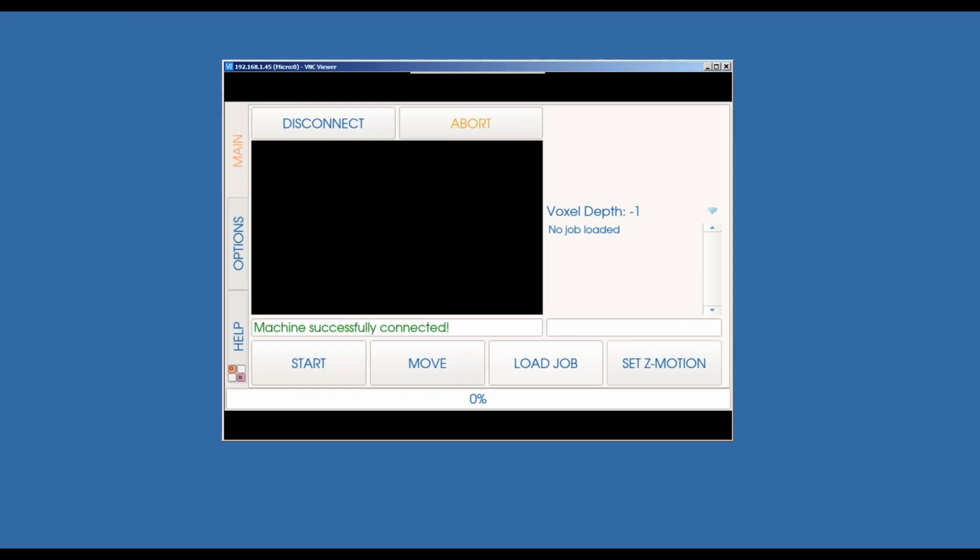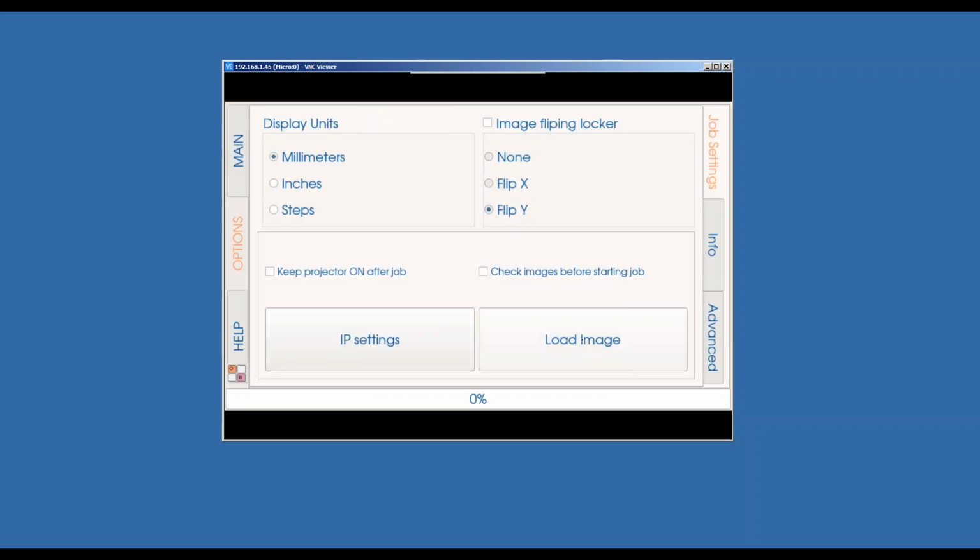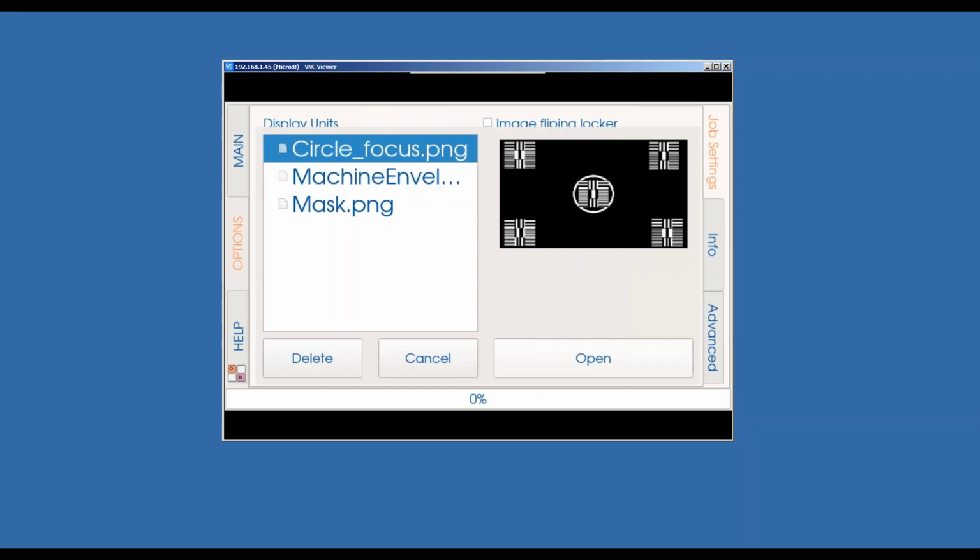All right. So hopefully you can see both my screen and my web camera. If you toggle the bar in the middle, you can make one screen bigger over the other based on your preference. Before I go into the software demo, I want to talk about the machine itself. What we're looking at in the web camera is an EnvisionTech Micro XL, which is one of the DLP machines that they sell. The machine is fairly compact and